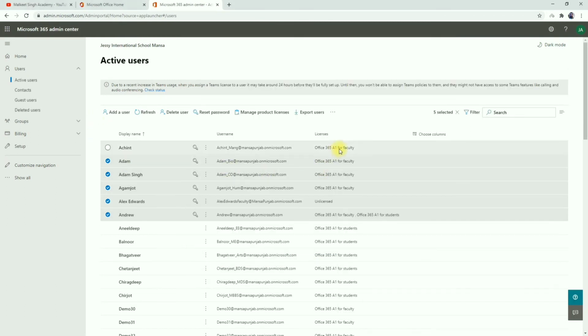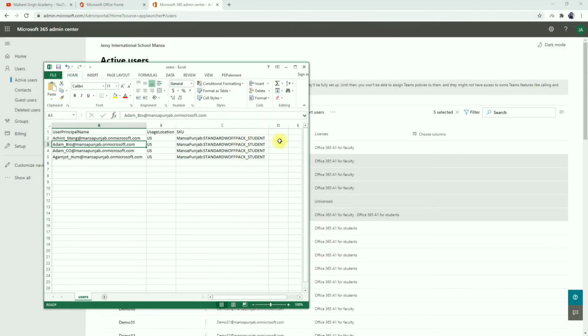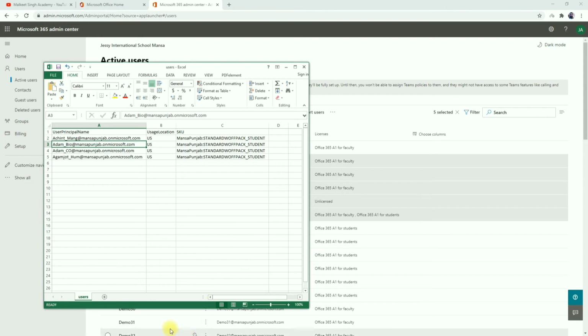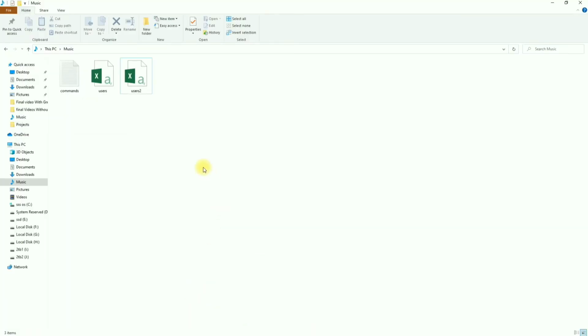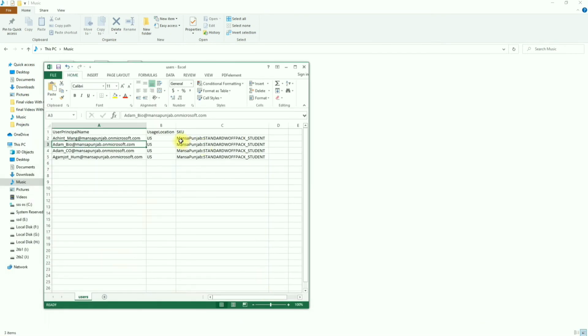You can copy all the commands from your PowerShell here. You have to paste that particular license. For example, I have 2 licenses, standard pack faculty and standard pack student. I'm going to reassign all the licenses of these users from faculty to student. So in the CSV file 1, you have to copy all the licenses.